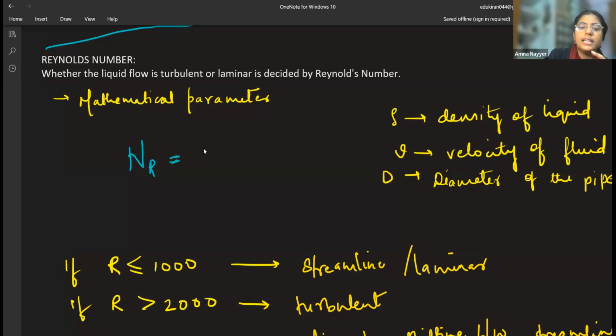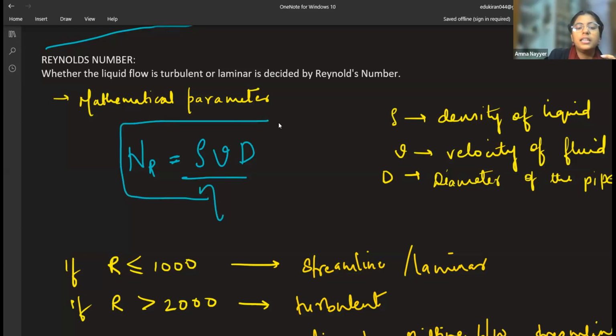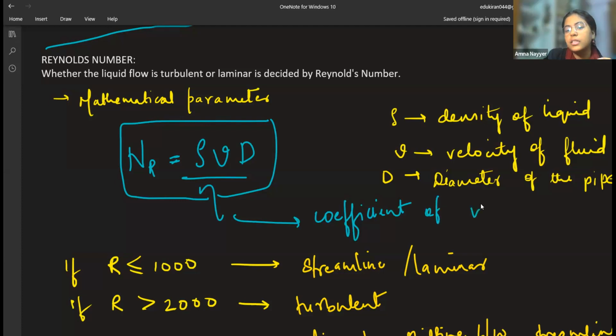See, rho is the density of liquid, V is the velocity of liquid, D is the diameter of the pipe, divided by eta. What is eta? Eta is the coefficient of viscosity. Now see, if you are getting a value less than 1000 or maximum equal to 1000, like 999,